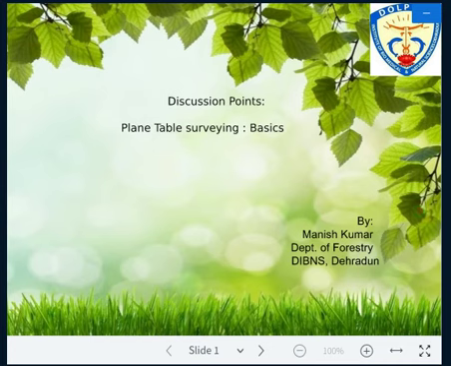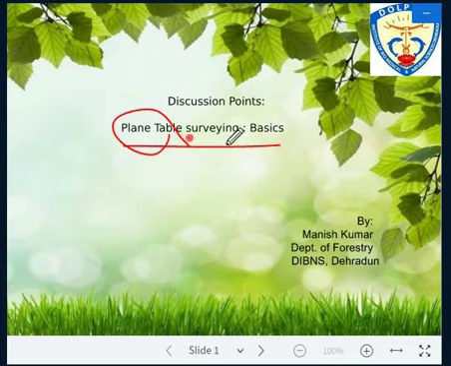Right, so now we should understand what is plane table surveying, the basics related to that. As the name suggests, you can easily understand that we have a plane table and we have a surveying exercise, isn't it? A plane table is one kind of table, a plain sheet made up of wood. And the meaning of surveying is also known: field observations and data collection, that is surveying.